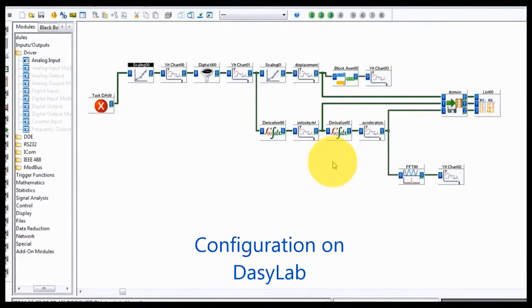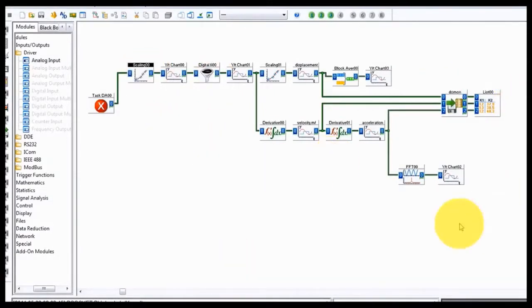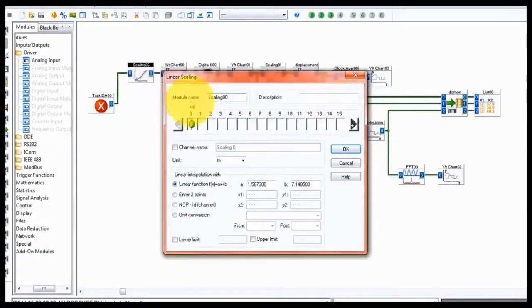Now that we have finished the overall module, let me explain the function of each module here. First, the problem is the data transmitted from the hardware into the software is in voltage value, so we need to change it into displacement. For doing that, we need to use scaling. By using scaling, we will enter the function of the graph here